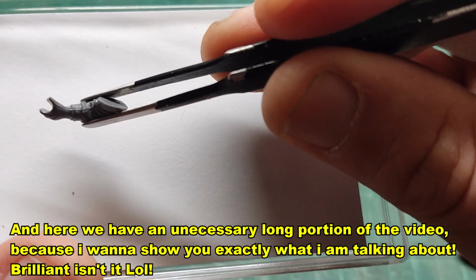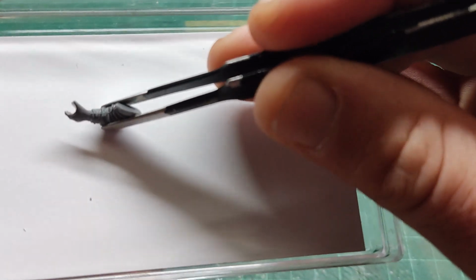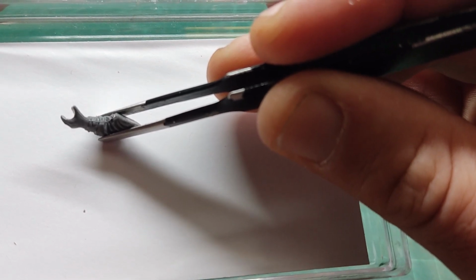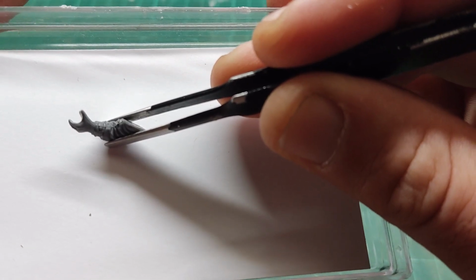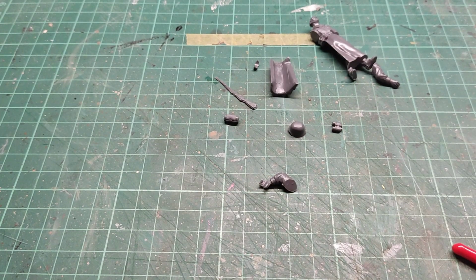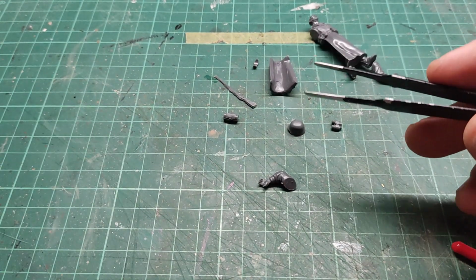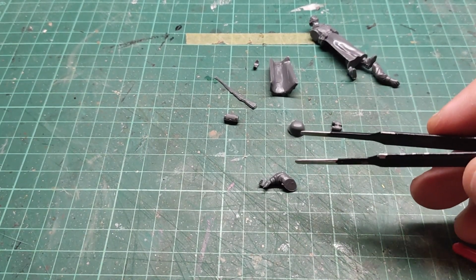There you have it. You see there is the same line running all over his clothes to his thumb. So we need to take extra care of that seam line, and not only that seam line, every seam line in a figure. That's the basics for every figure painter. Take your time, make your figure better. So I am going to clean all these things up, to do my best to clean all these things up, and